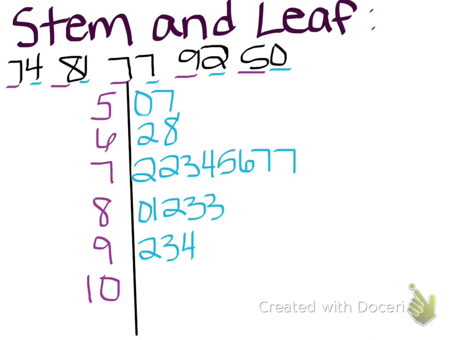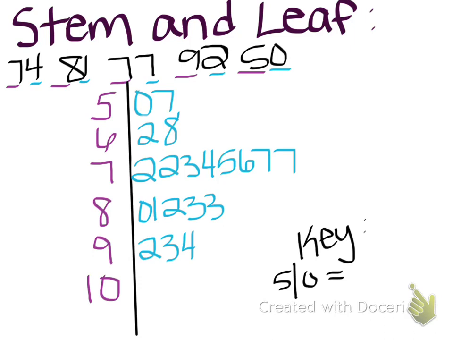And then 2, 3, 4 are already in order. Perfect. So this is my stem and leaf, and then there's one more thing I can do that's optional, which is I can create a little key over here. Because it's not always going to be that our data set is 1s and 10s. Sometimes it might be one number past a decimal point and then everything to the left of the decimal point. Or it could be things in the thousands to the left, and then the ones place to the right. So what I'm going to do is I'm going to say